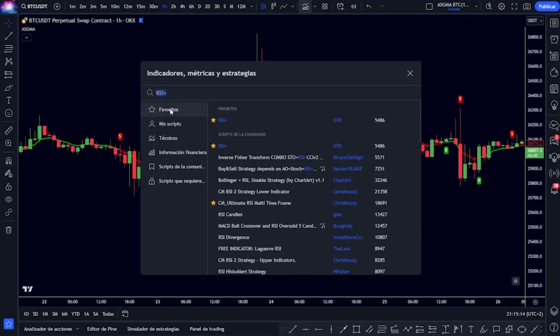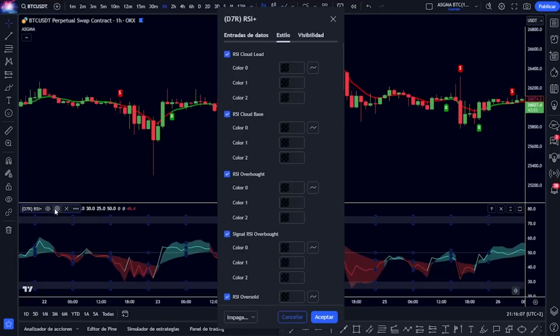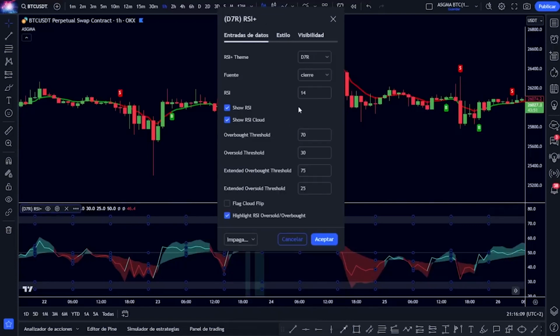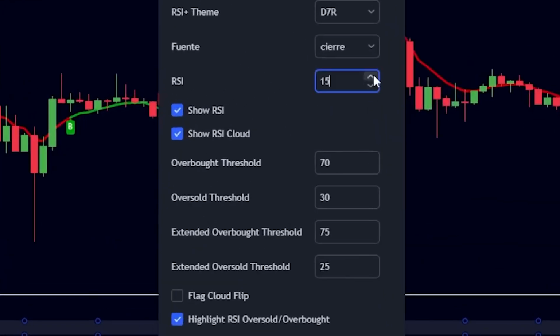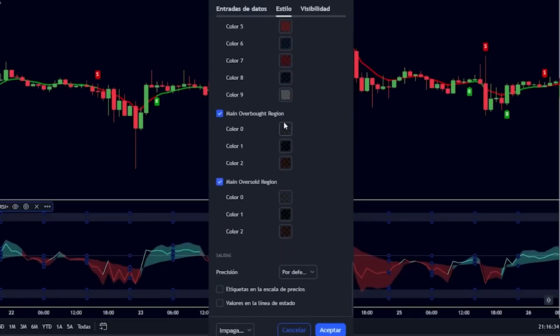But first of all, we return to the indicators part, and we also add the RSI plus. In this case, in configuration and data entry, we will change the 14 to 16. And in the style part, which you can also configure to your taste, I like in this part below